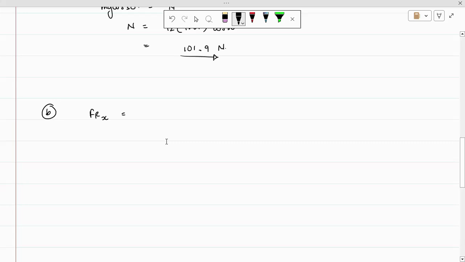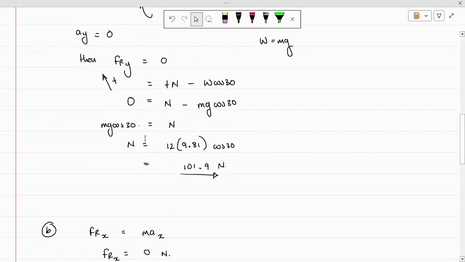The resultant force in the x direction is equal to mass times acceleration in the x direction, right? So 0 acceleration means mass times 0. This is going to give us an answer of 0 newtons. So no acceleration in that direction means that you have no resultant force in that direction. Right, so now we know what the resultant force is, and the approach becomes exactly the same as the